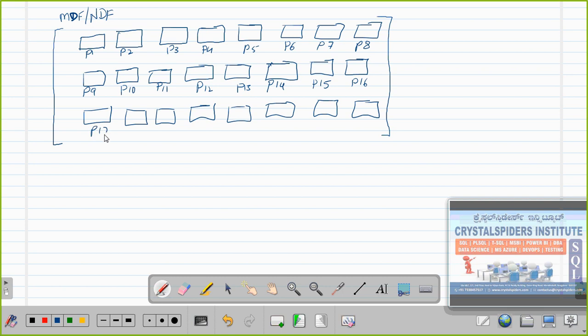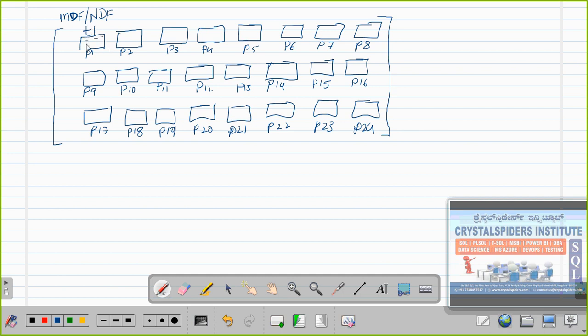Similarly page 17, page 18. These are all IDs of the pages. Just for our understanding purpose I gave page P1, P2 something like that. Page 23 and page 24. So total 24 pages.